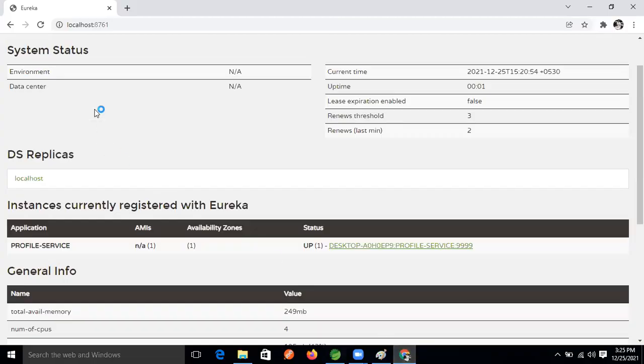Now just refresh it. Still there are no instances, but wait one minute. Now refresh it. One instance is running now.